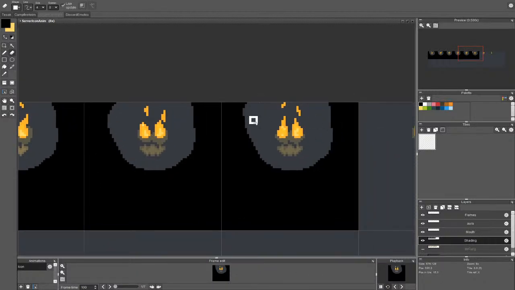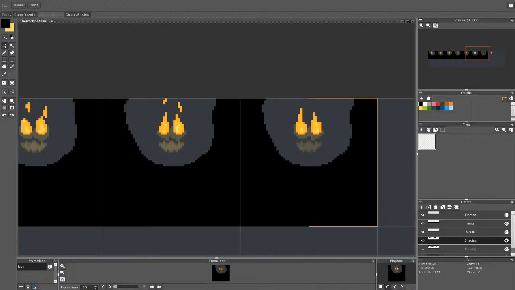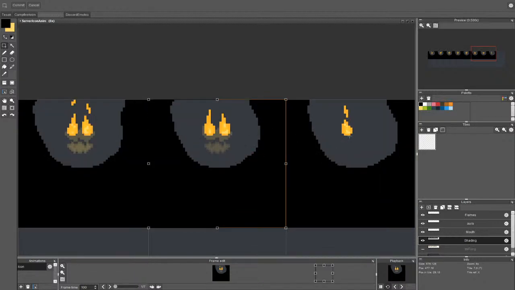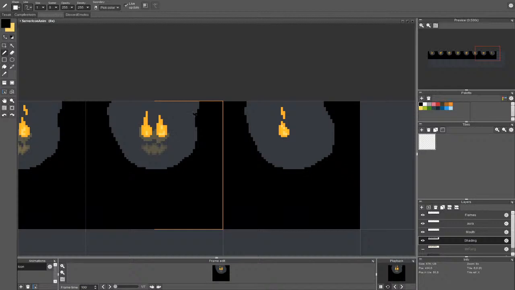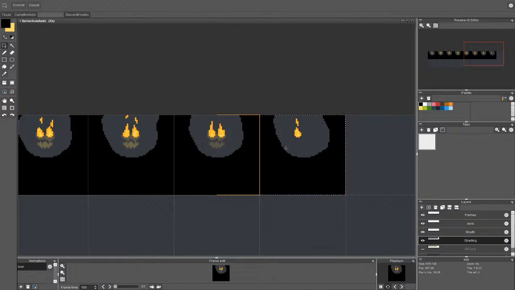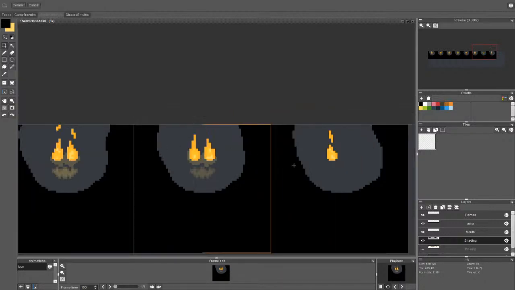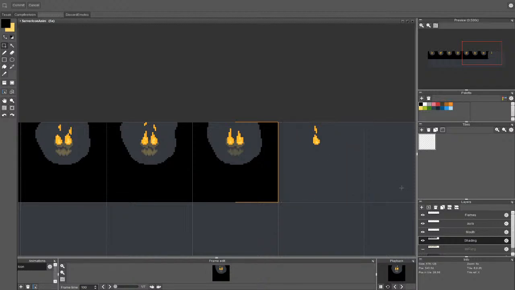I mean, I think it looks cool without it, but I was kind of thinking that maybe having dynamic shadows would look even better. Okay, I think it looks decent.